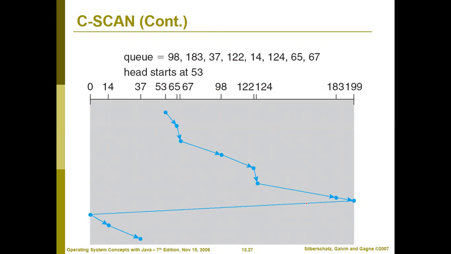It will be so fast in returning back that you cannot count this time duration. It will be negligible. From one end to another, it will cost around 0. Then you return to your position, then service 14 and 37 from here.